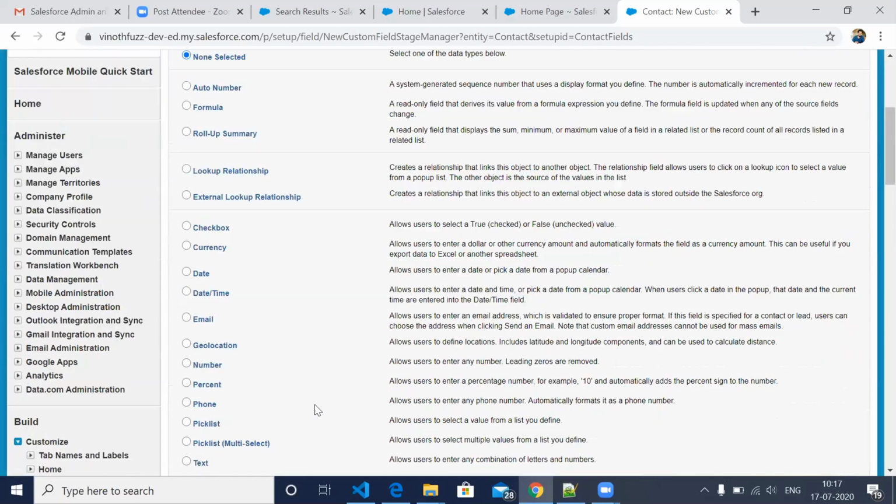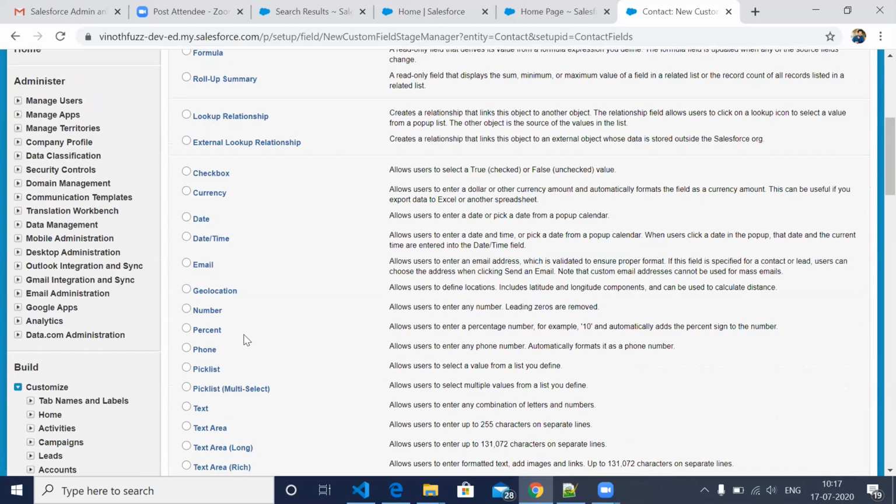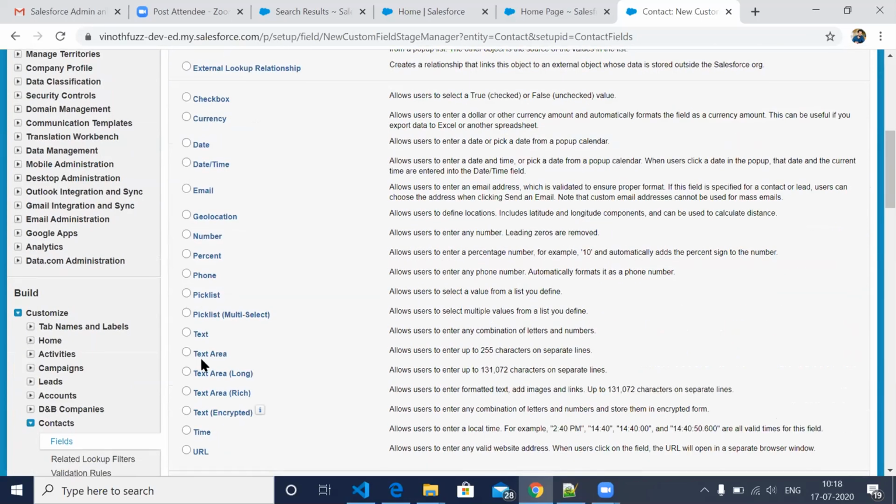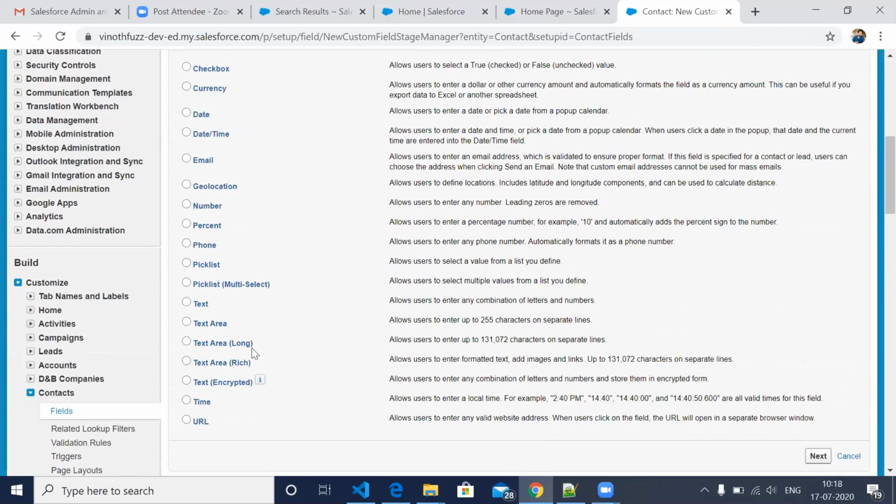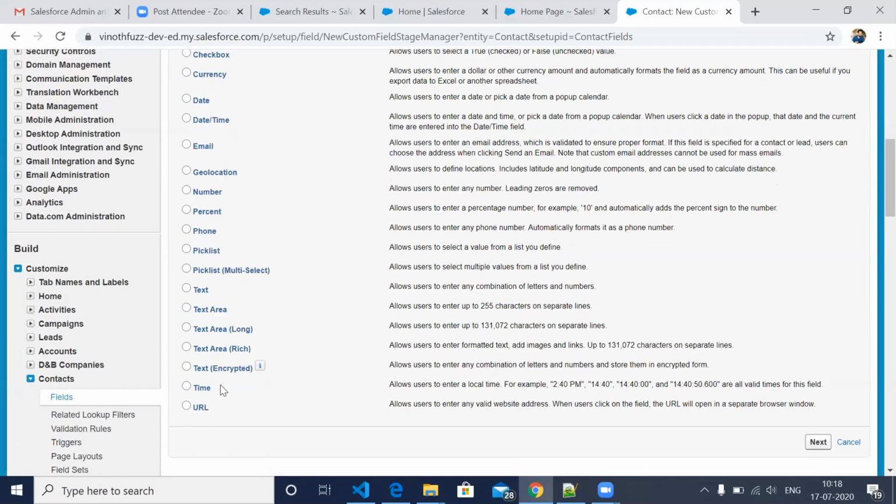Whether you want to create an auto number, date field, checkbox field, or email field, everything will be asked. Text field. If it's a phone number, I'll create a text. Different kinds of fields will be available. Text area, URL. As of now, I'm choosing text.